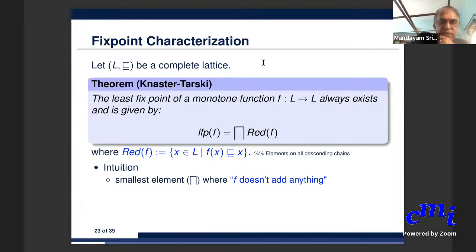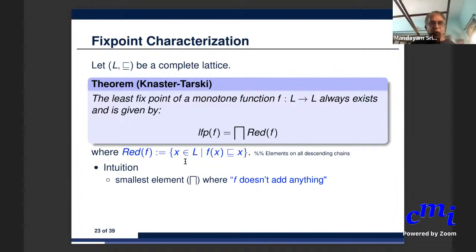Characterized in terms of Tarski's theorem, which really identifies two kinds of sets of elements on the lattices. One was a reductive set, RED,